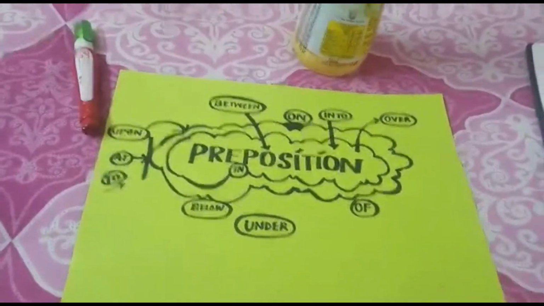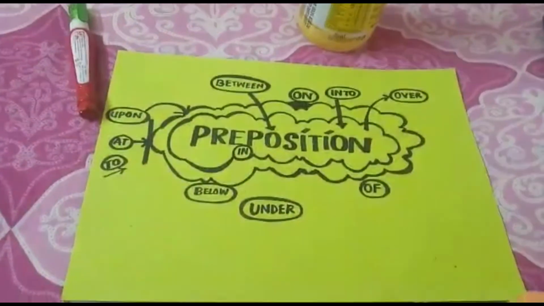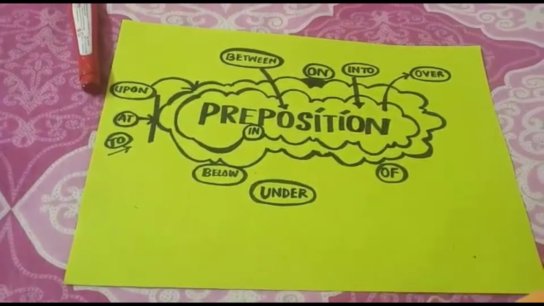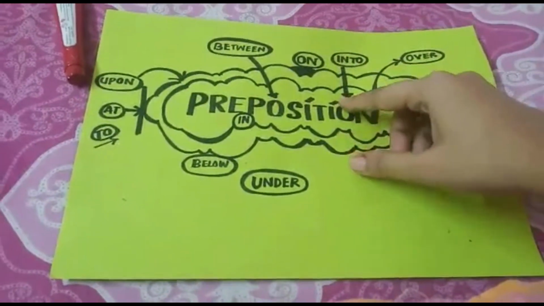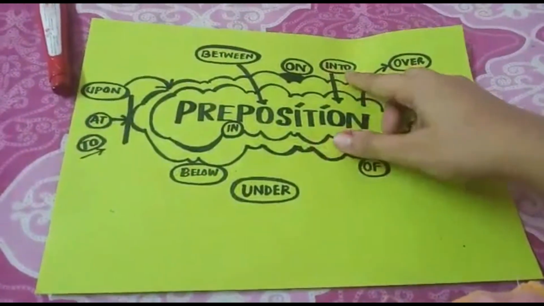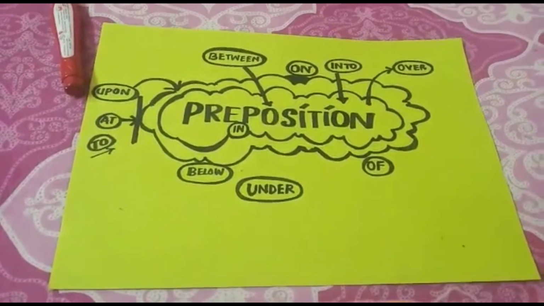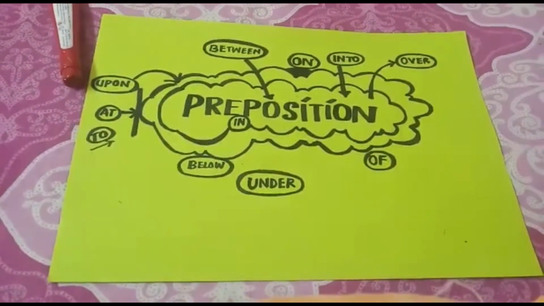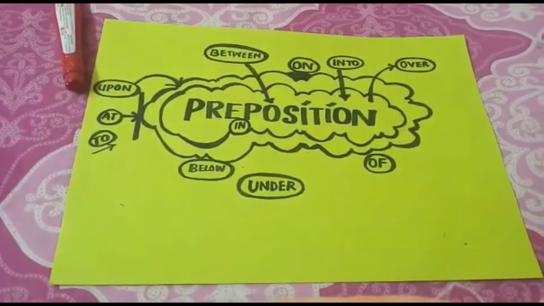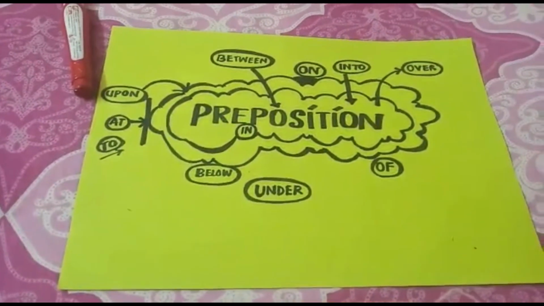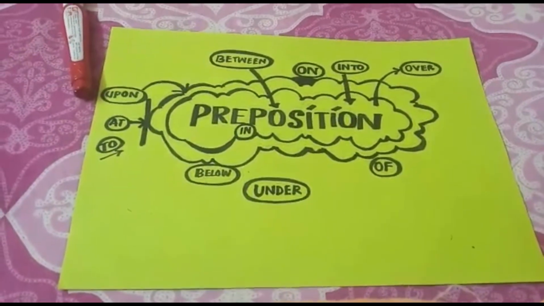The next preposition which I will explain now is into. So when do we use into? In means inside and to means going. See the position here, it is going inside. We use into when the action is happening. For example, there is a teacher and she is entering the class. What sentence can we frame? The teacher is going into the class, or entering into the class. It means she is going inside the class, and to we have used as she is going. So that time we use into.